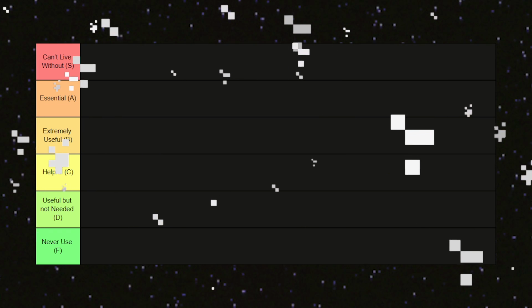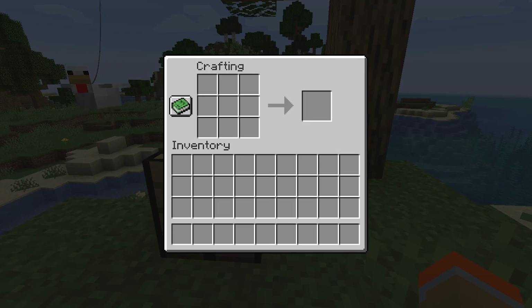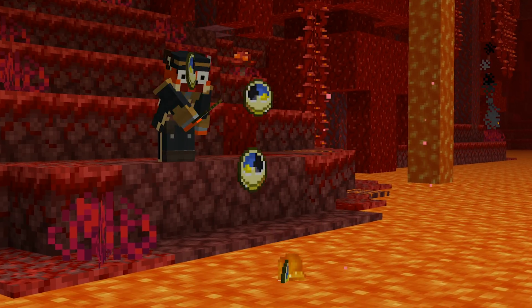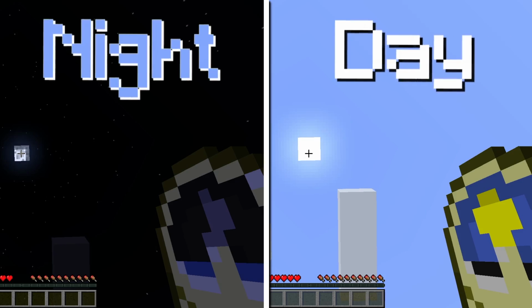At the bottom of the tier list, and the only tool in the F tier that you should never use, we have the clock. With quite an expensive crafting recipe of 4 gold ingots and 1 redstone dust, the clock is in my opinion the most useless tool in this game. Its only use is telling the player if it's currently day or night time, which can be simply done by